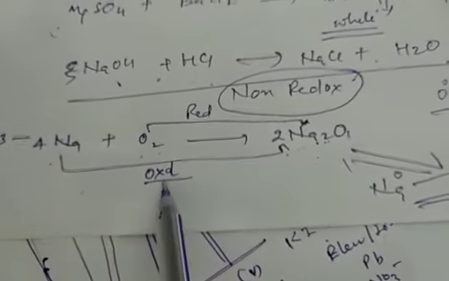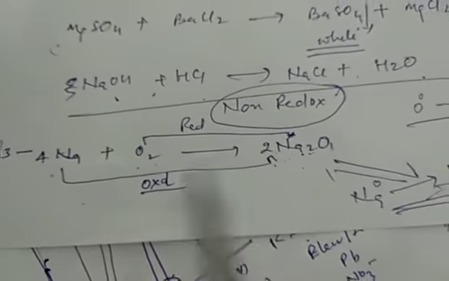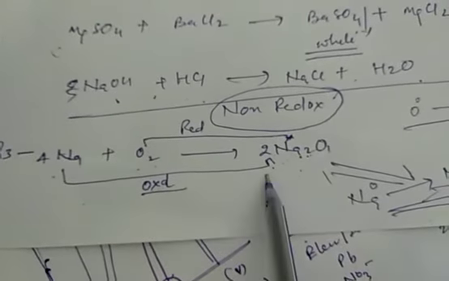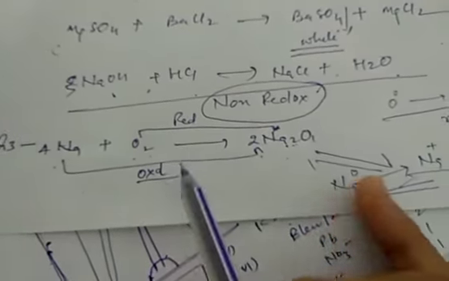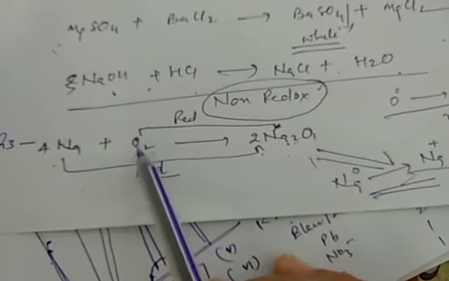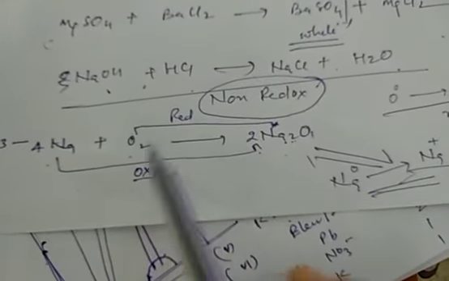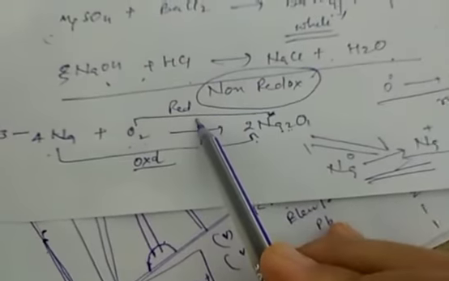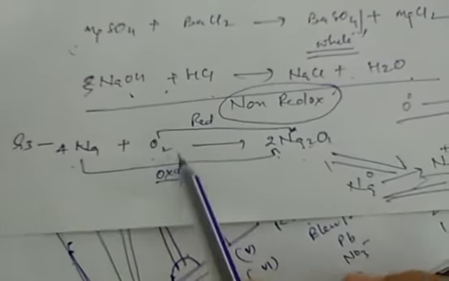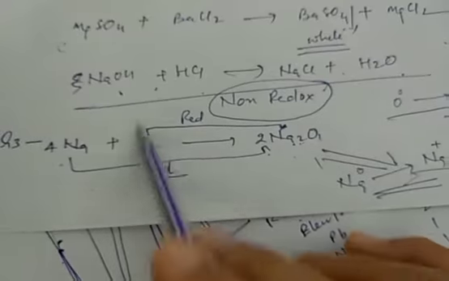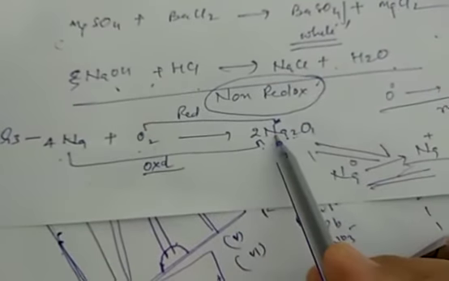Sodium is taking the oxygen and changes into Na2O. So it is an oxidation process, and you know each and every reaction is a redox reaction. So oxygen changes into Na2O. This is a reduction process, because oxidation का जो counterpart है वो क्या है? Reduction. So there are only two reactants. If one gets oxidized here, the other will necessarily be reduced.